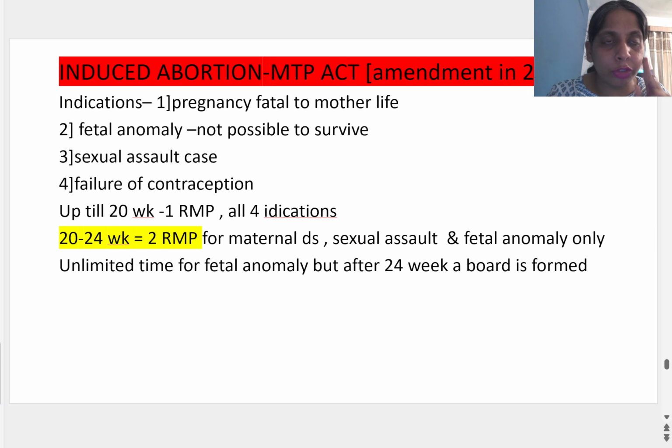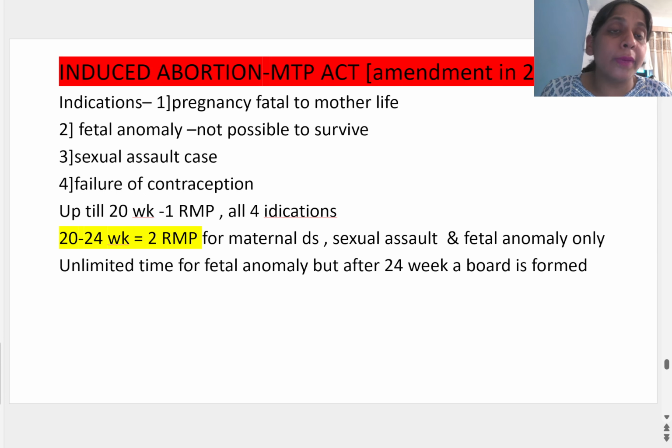है, इस बार आ गया तो हैट्रिक हो जाएगी, पिछली 2 बार आ चुके हैं, ठीक है। सबसे पहले किन किन इंडिकेशंस पे अगर पेशेंट चाहता है हमें अबॉर्शन कर दो, तो 4 इंडिकेशंस हैं। अगर माँ की जान को कुछ खतरा है इस प्रेगनेंसी से तो हम अबॉर्ट करेंगे। अगर बच्चे को कोई एनॉमली है तो हम अबॉर्ट करेंगे। नंबर 3, अगर मदर का सेक्सुअल असॉल्ट का केस है तब हम करेंगे। और चौथा फेल्ड कॉन्ट्रासेप्शन हो गया है तब हम करेंगे। लार्ज फैमिली के लिए कभी नहीं करना, क्वेश्चन बार बार आ चुका है। अगर कोई कहता है मेरी बड़ी फैमिली है तब नहीं करना, फेल्ड कॉन्ट्रासेप्शन है तो कर देना, ठीक है। अगर 20 वीक्स तक अबॉर्शन करना है तो